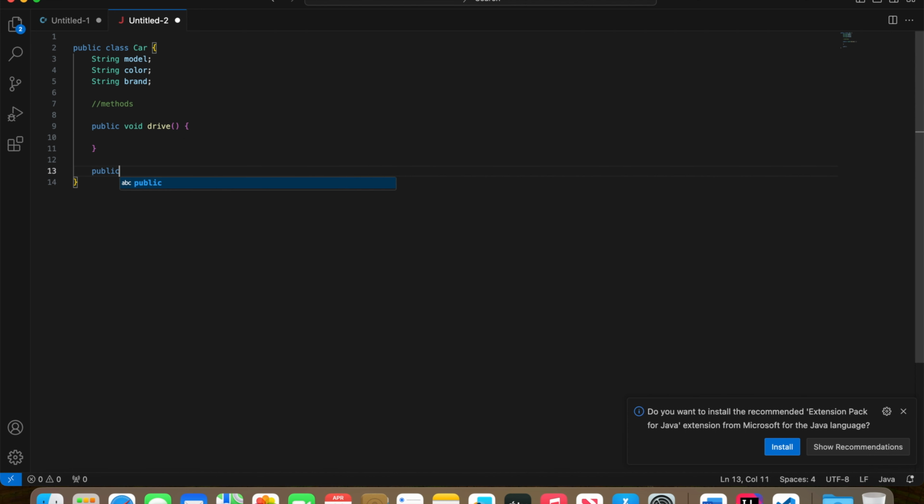Let's take another example. Public void stop. A car can also stop, right? Yes, so this is the other method. And I also said we can have nested classes inside the class. So let's see how we can write a nested class. Simply we need to write CarTest, and then use curly braces. Then you can have the data type members, the methods, the constructor, and we can also have another nested class. Inside the class we can have another nested class or an interface. So this is the structure for the class.